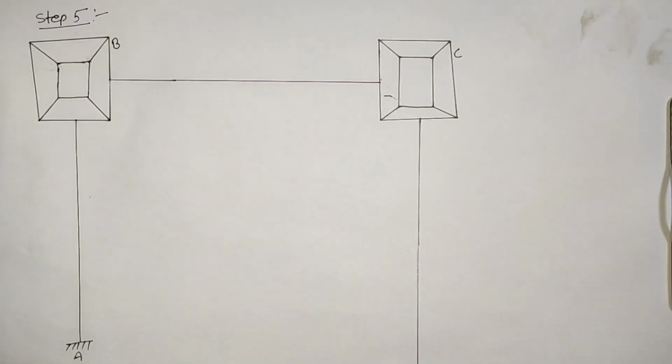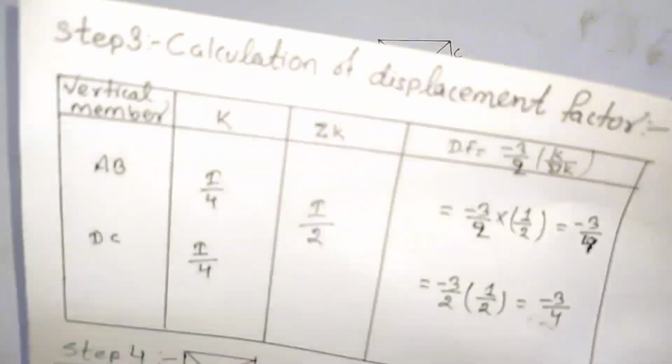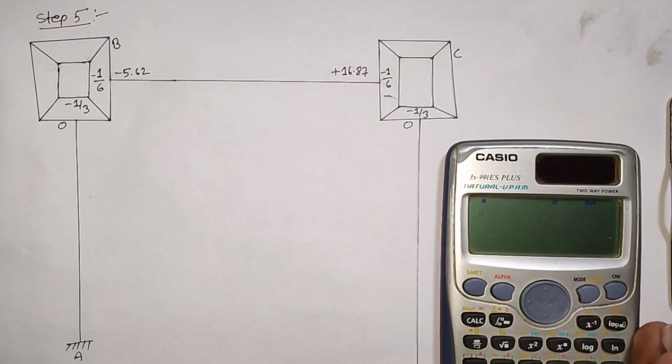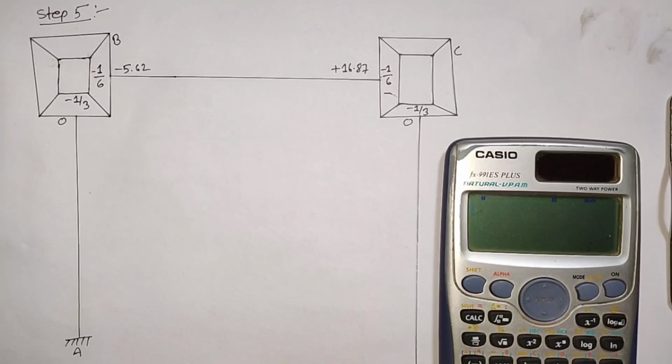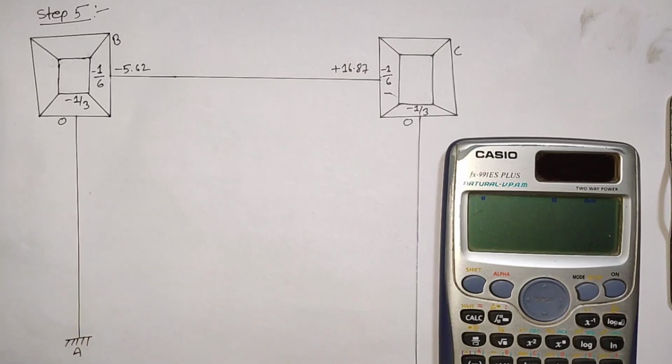Redraw the table of this pattern, and we will be using this reference frame for finding the values of the final moment. Now guys, what you need to do is watch this step very carefully, because this is the core of this method. If you are able to solve up to step 5, then step 6 is not that difficult. It is very easy, and step 6 is based upon step 5. So you need to be concentrated while I am solving this step 5.